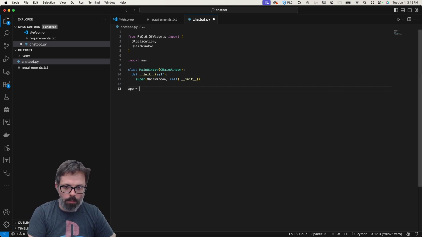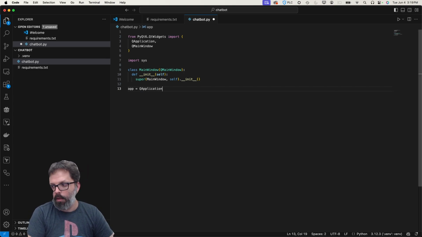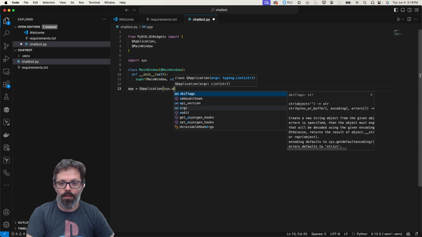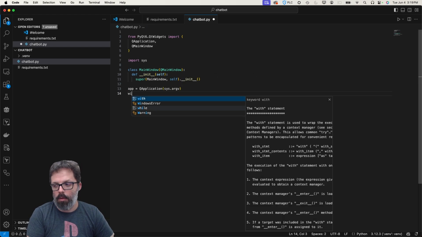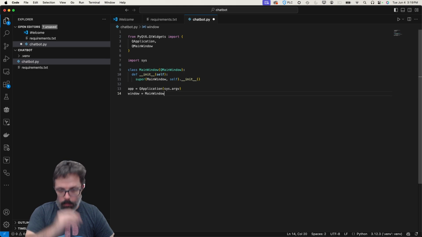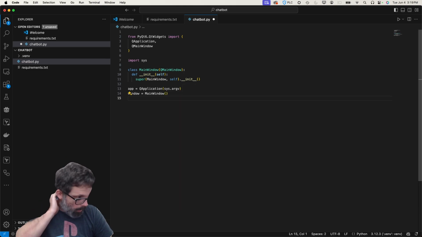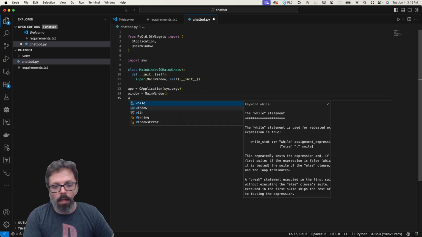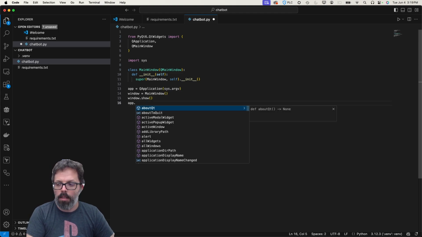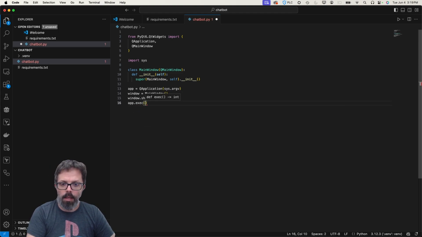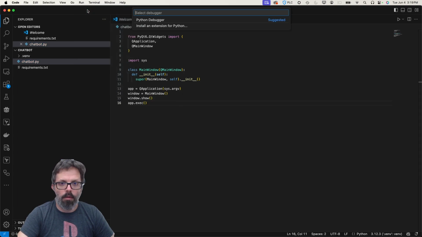We're going to do app equals QApplication with sys.argv. That's why we imported sys. And then window equals MainWindow, so we want to invoke that class to have it as part of an object. And then we want to do window.show and then app.exec. And then if I were to run this right here, start debugging,